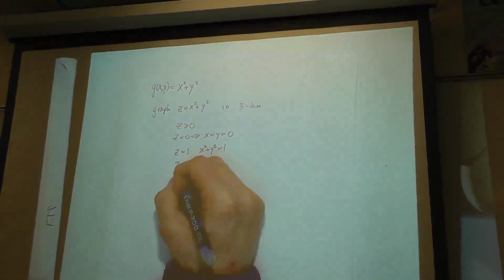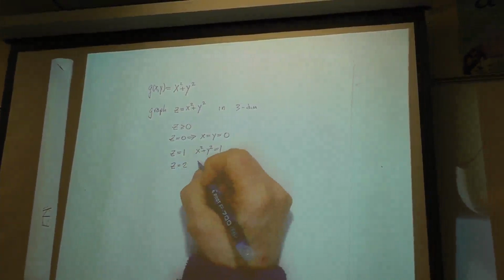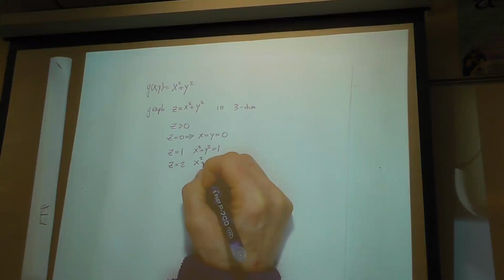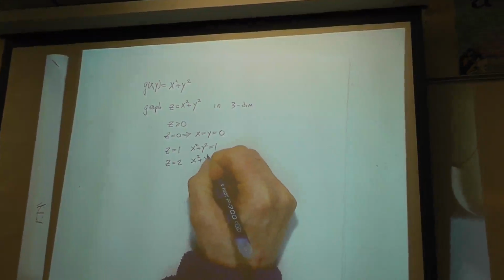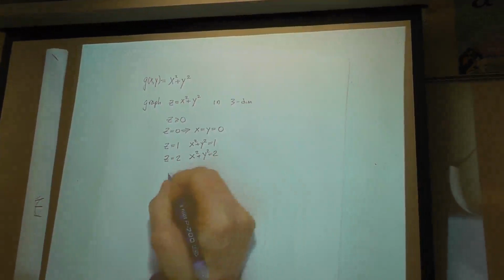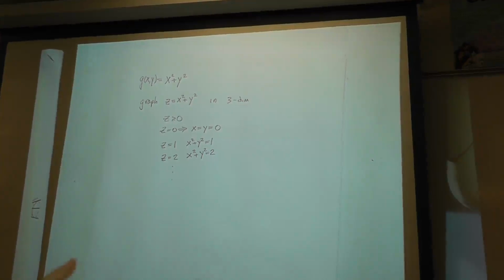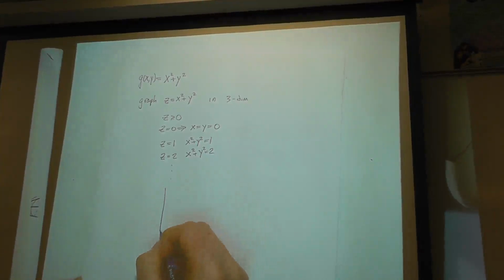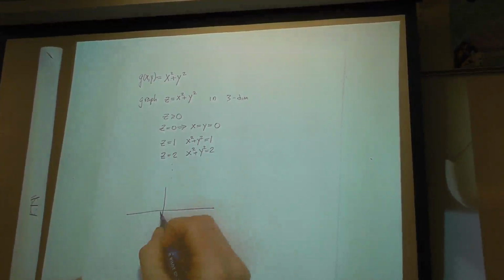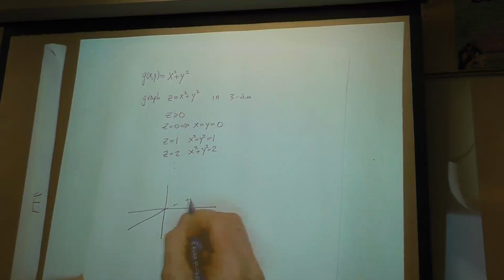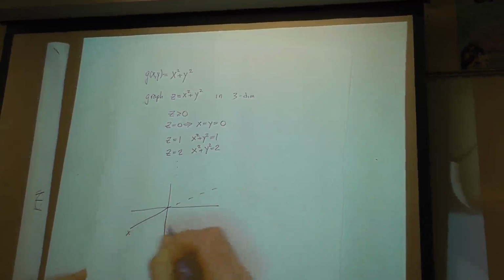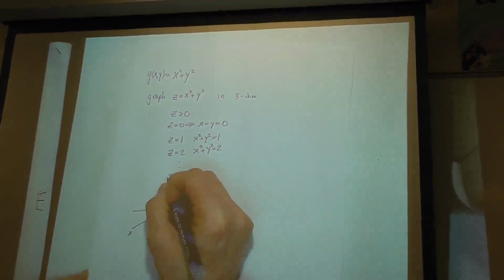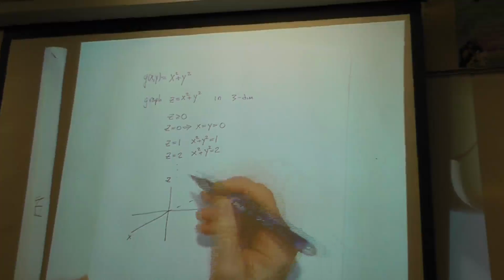You let z equals 2, you generate out a bigger circle, etc. And so what we ended up with here is a shape